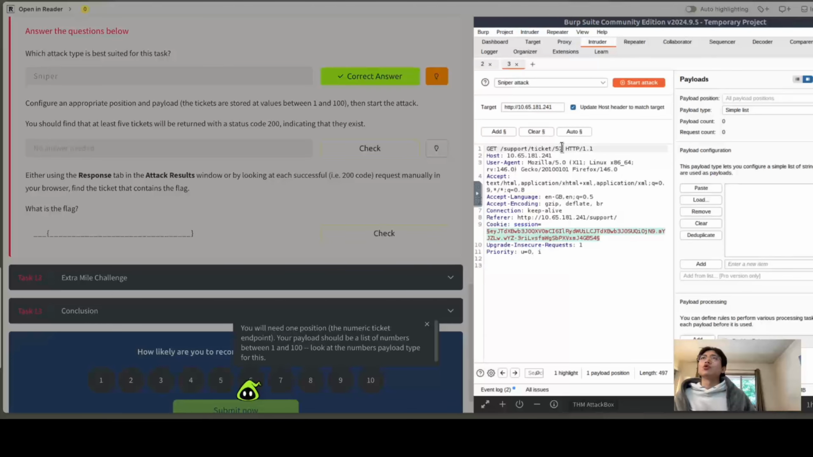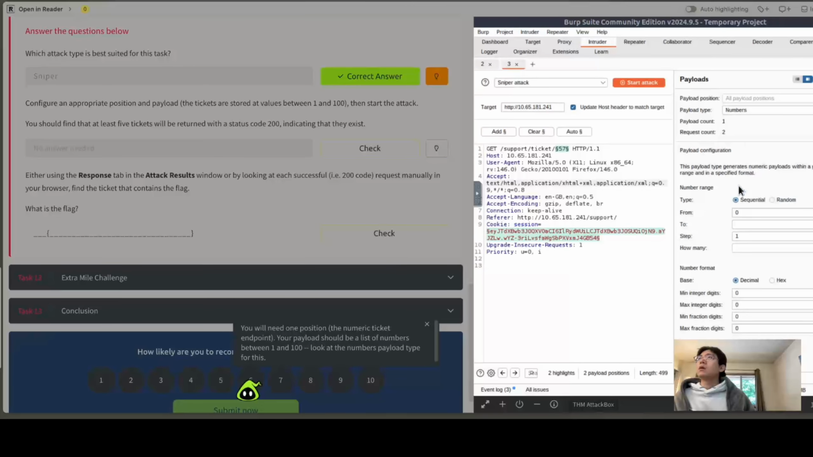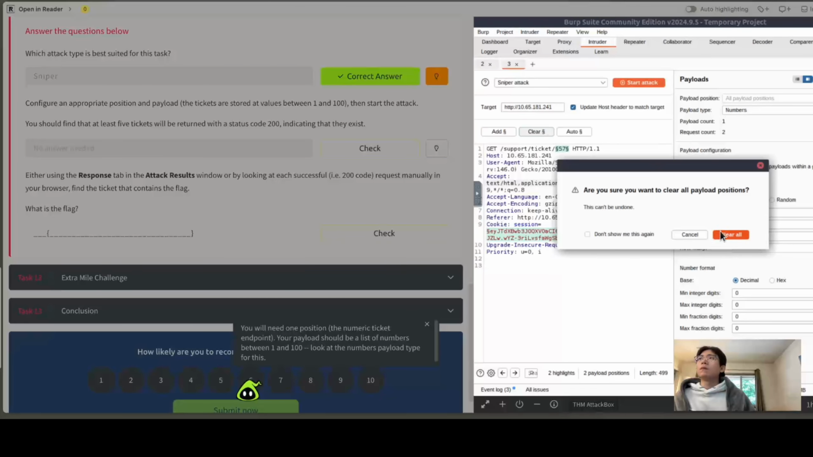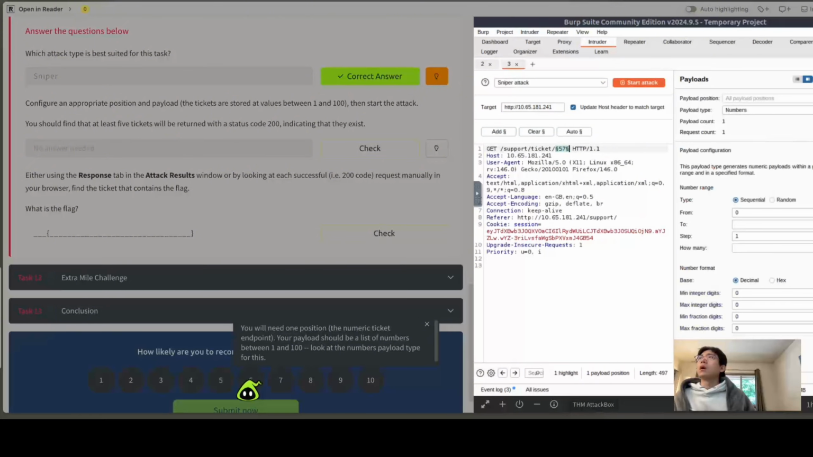In this case, our payload should be here, right? And the position should be here, right? Okay. Payload type. Is there anything about numeric numbers? Oh yeah, here. Payload 2, payload position. We only need 1 though. Let's clear all of them and just add this one. Okay. Numbers, good. From